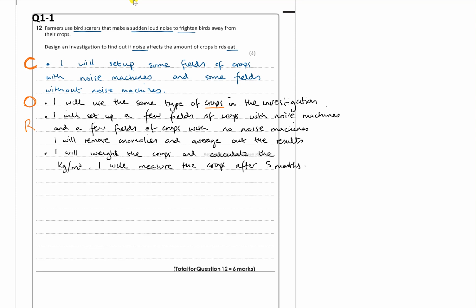Yeah, 5 months. So what you've done, you said how you're gonna do it. I will weigh the crops and calculate the mass per, should I put,